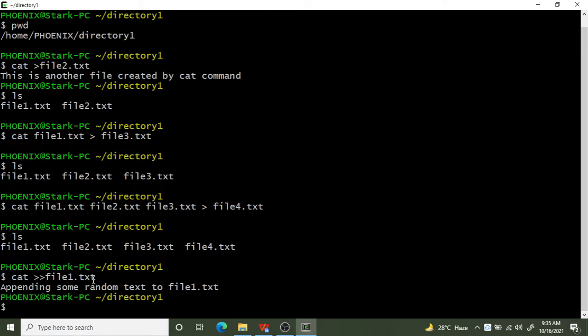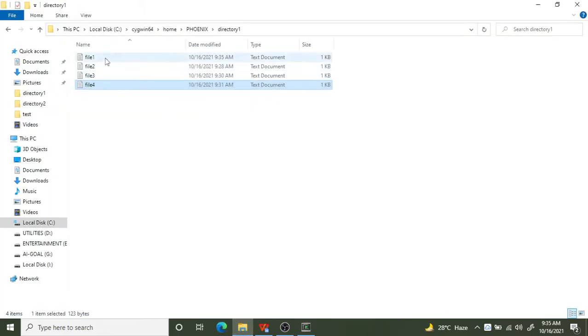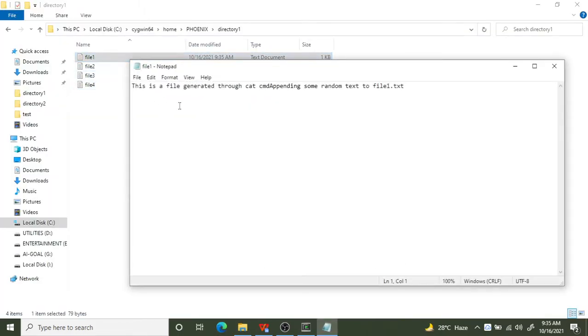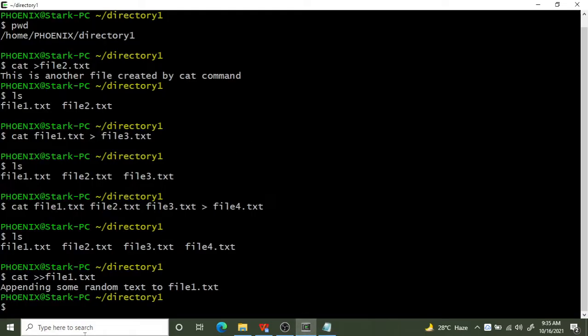Now the file1.txt is already there, right? So now let's go see file1.txt. Can you see the content here? This is a file generated through the cat cmd, and now whatever we have appended, appending some random text to file1.txt. Whatever value we have passed here is exactly present there, and it got appended.